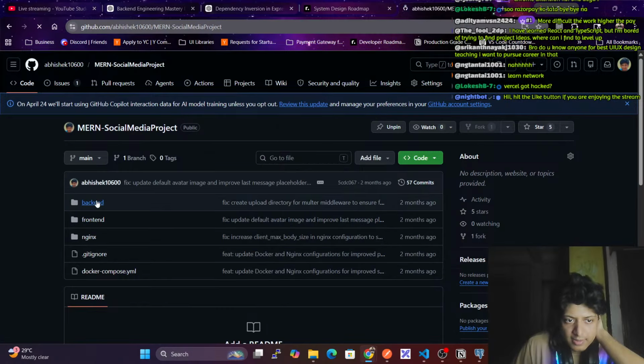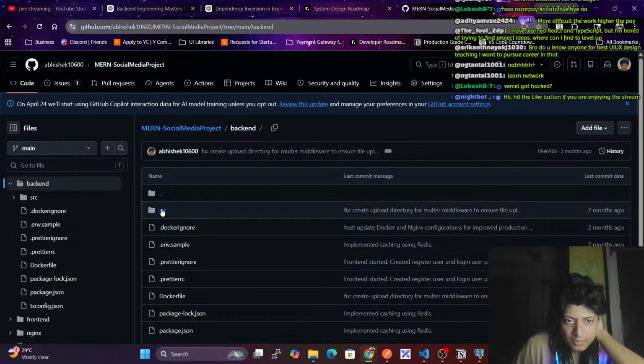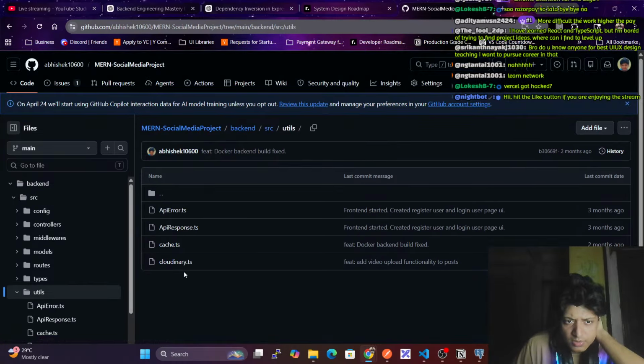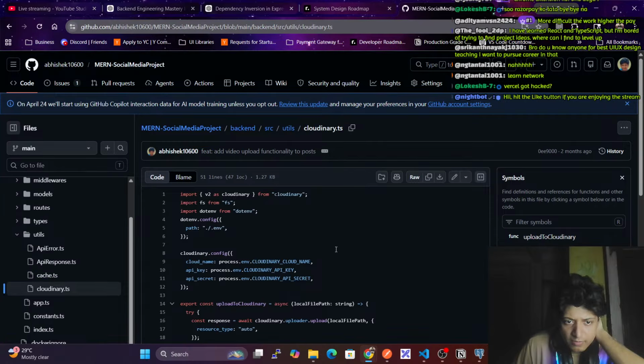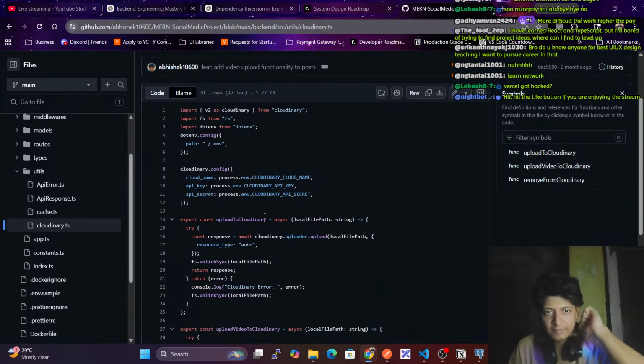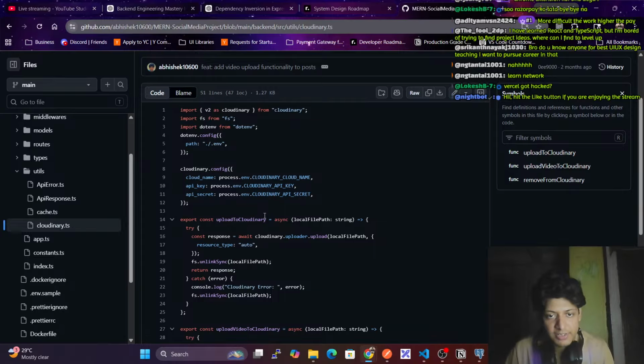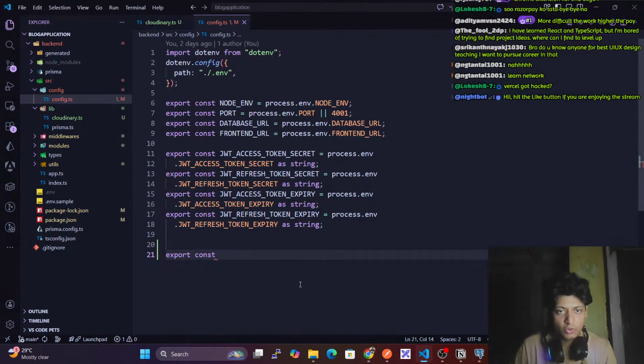And there in my backend, in my src, utils, cloudinary dev config, cloudinary configure. Yep, we have this cloud name, API key, API secret. Okay, so export const cloudinary